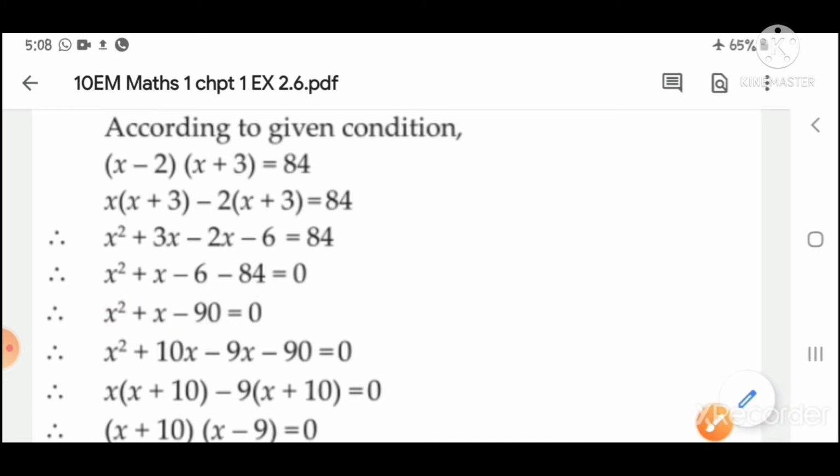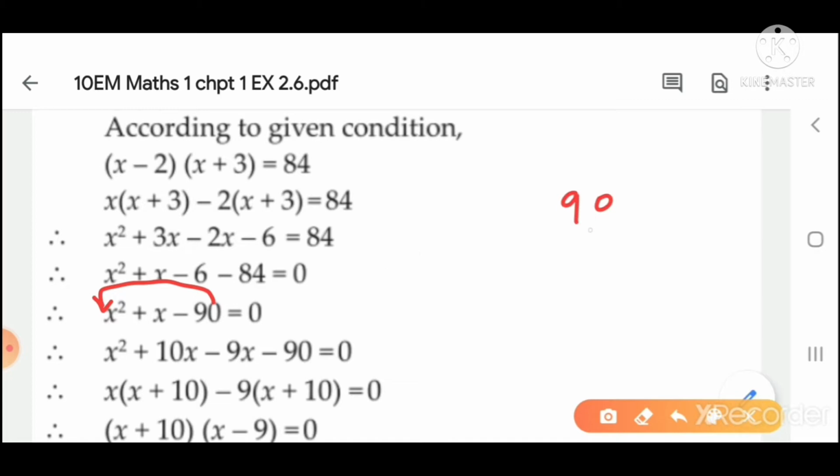So what is the factorization method? Remember, multiply the last term with the first term. So 90 into 1 becomes 90, and the constant term के पास कौन सा sign है, minus. So you have to take two numbers which multiply to give 90, और minus करने पे 1 आना चाहिए, क्योंकि middle term 1x है, x के बाजू में कोई coefficient नहीं, मतलब 1. So you should get a 1.